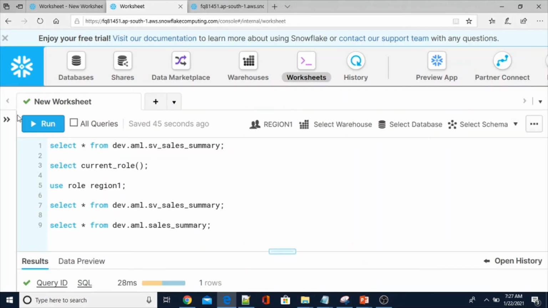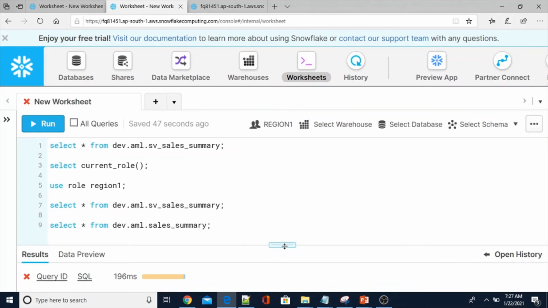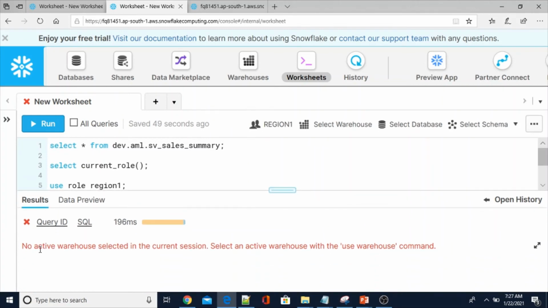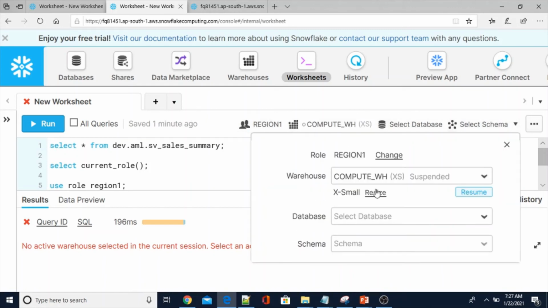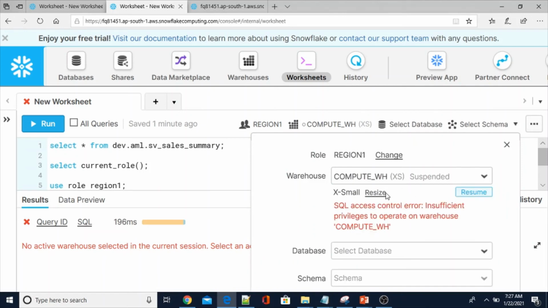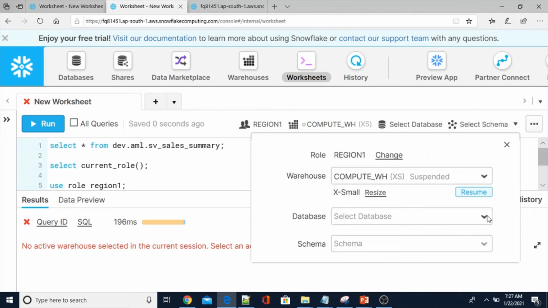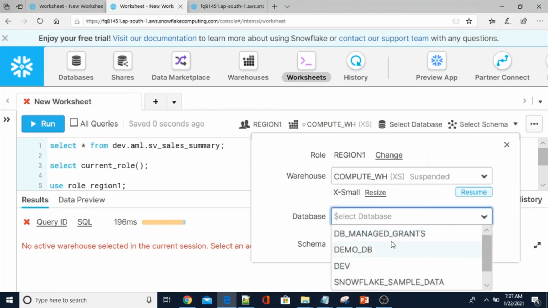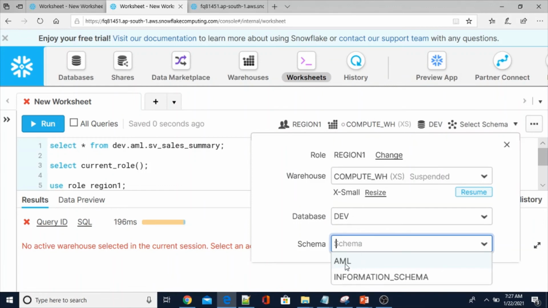Okay, so here, yeah, no current warehouse selected in the current session. Select an active warehouse with the use warehouse command, or else you can go to the select option here and use resume. Then database called dev and schema as AML.